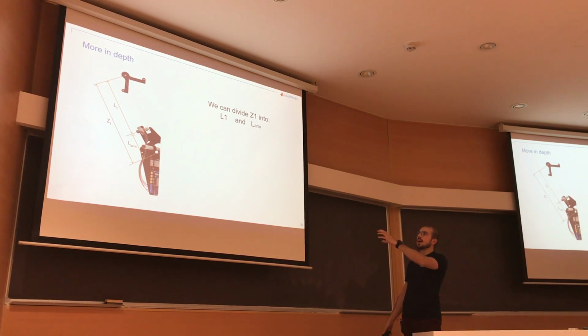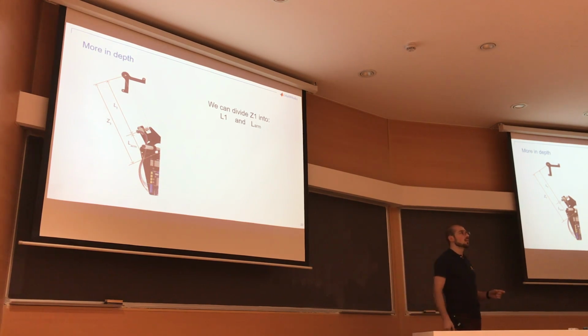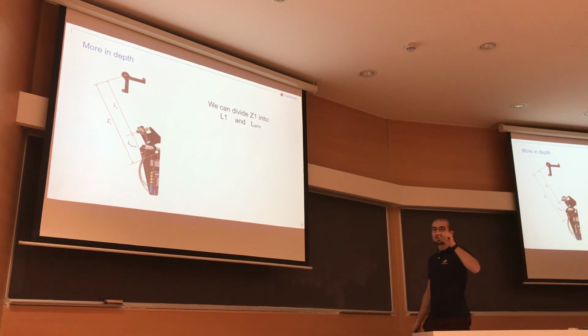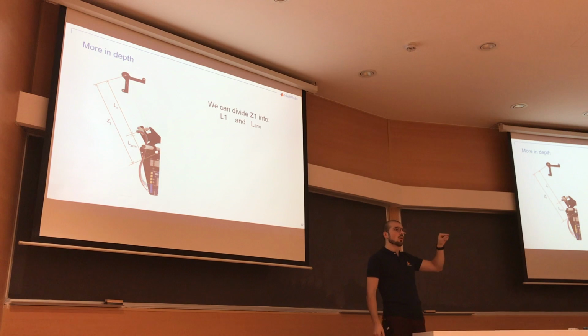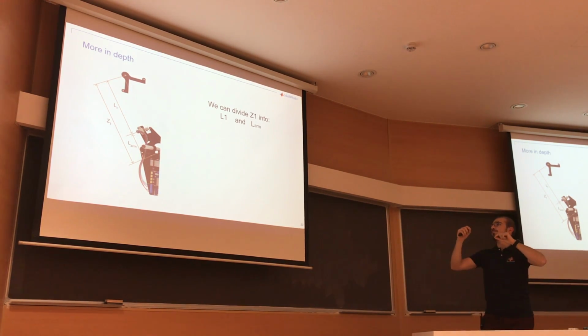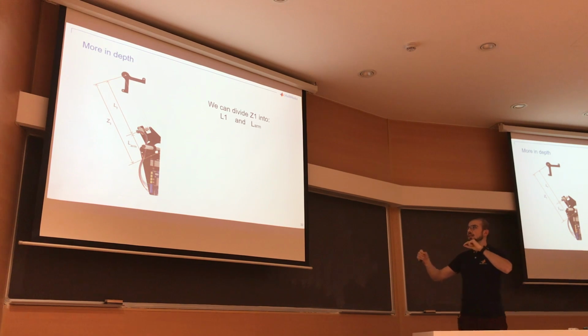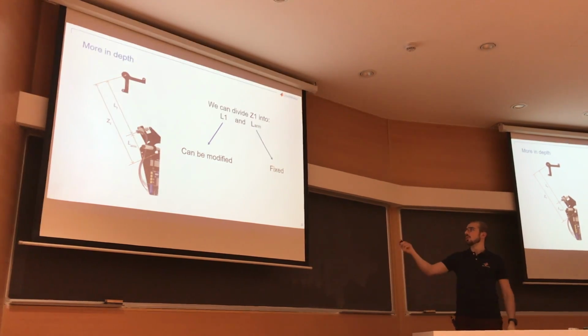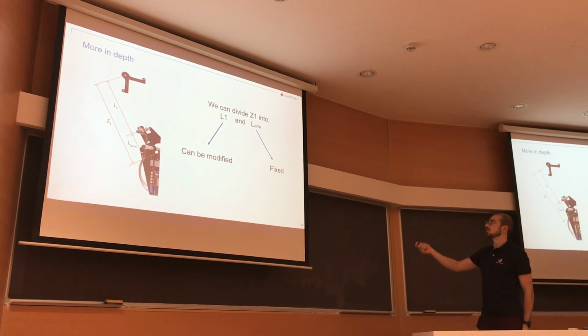And then LR is fixed, and it is the distance between the center of the drawing robot, where the pencil mark is pointing on the whiteboard, and the point in which the motor is attached. So once we have defined how Z1 is composed, and what is modifiable and what is not,